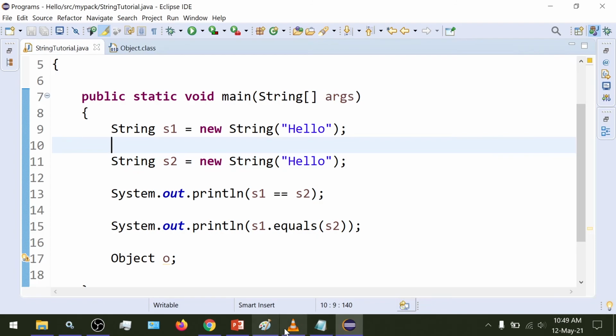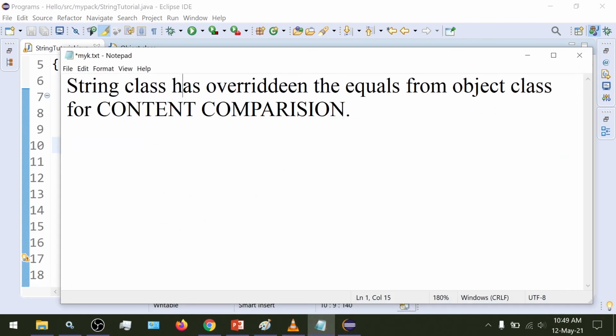Just as we saw here, the String class has overridden the equals method from the Object class for content comparison.